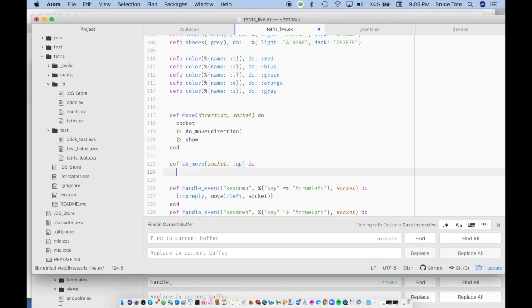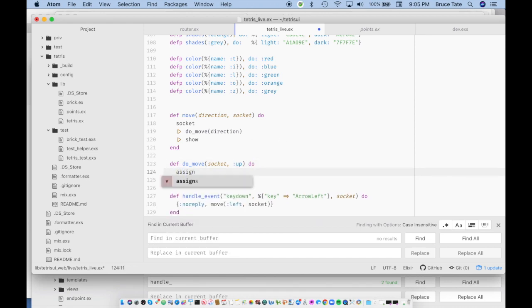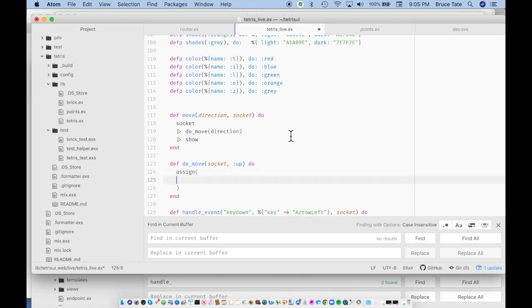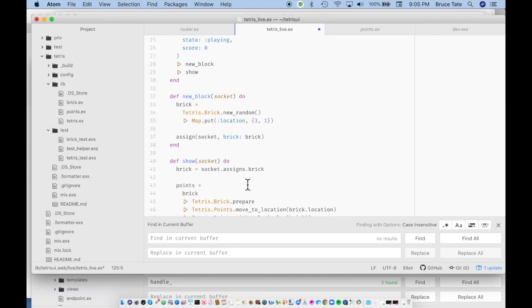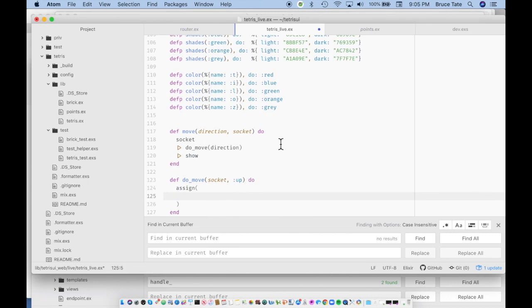If it's up, all I'm going to do is say assign, and the thing that I'm going to assign is basically the individual brick, right? So that's this, and we're tracking that brick so that we can make the logical movements independently from actually moving the points around. So we're going to do a brick, and then socket.assigns.brick, but we're going to pipe that to Tetris